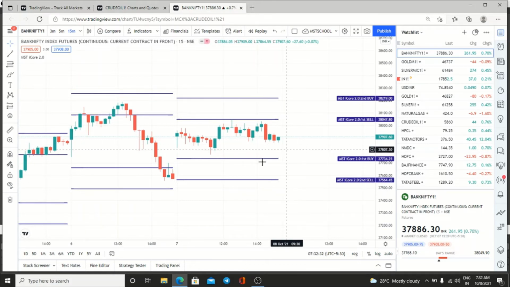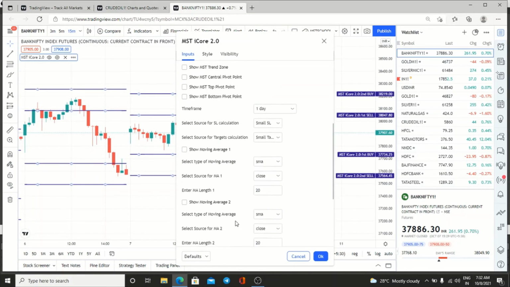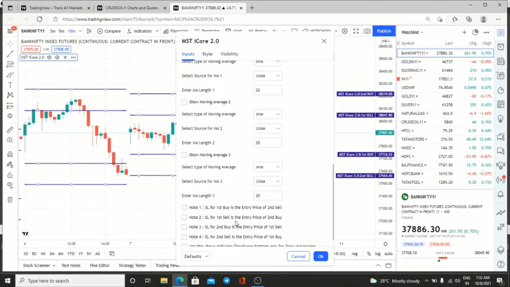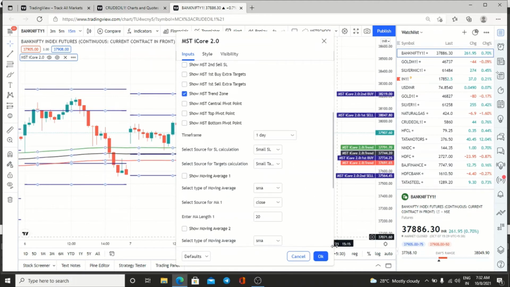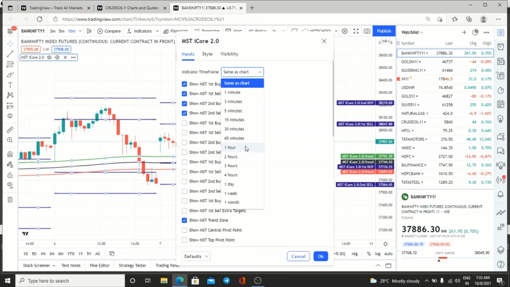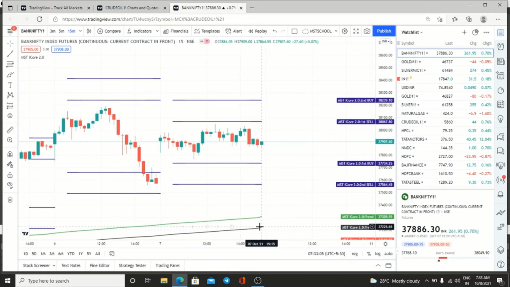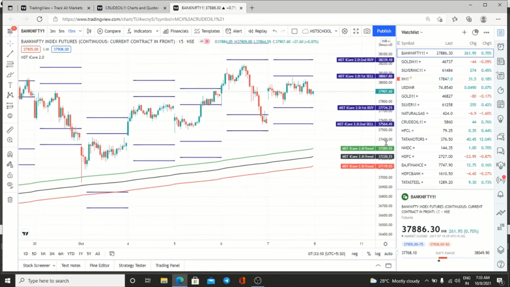This is one technique. Then other technique, we had promised how to trade with Bank Nifty. For Bank Nifty, we have a special strategy. We will release one more separate video for Bank Nifty, and we have one trend zone also. Whenever the candles are above these 3 lines, then the market is in a bullish trend. So for that, you go here and select the time frame to 1 hour. Okay, now you can see what is the trend of the market. If you want to trade positionally, that you can see.